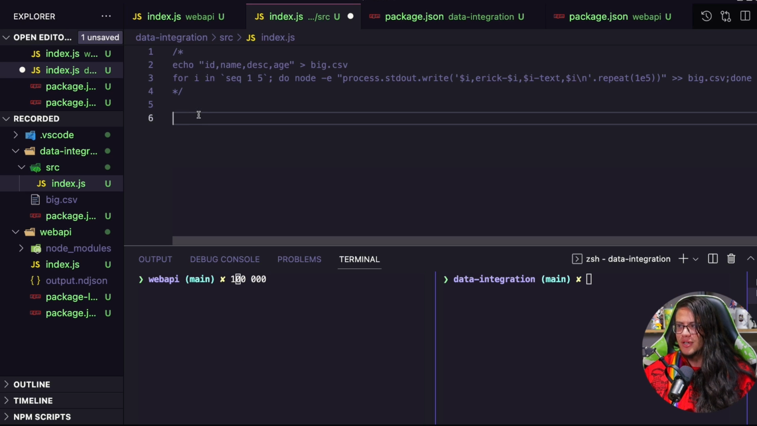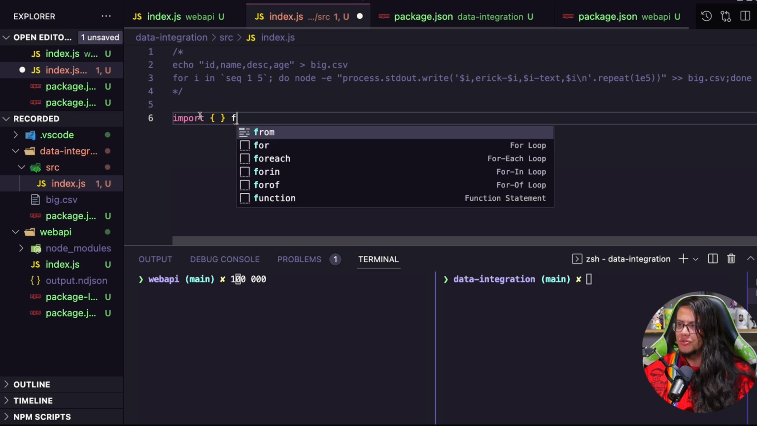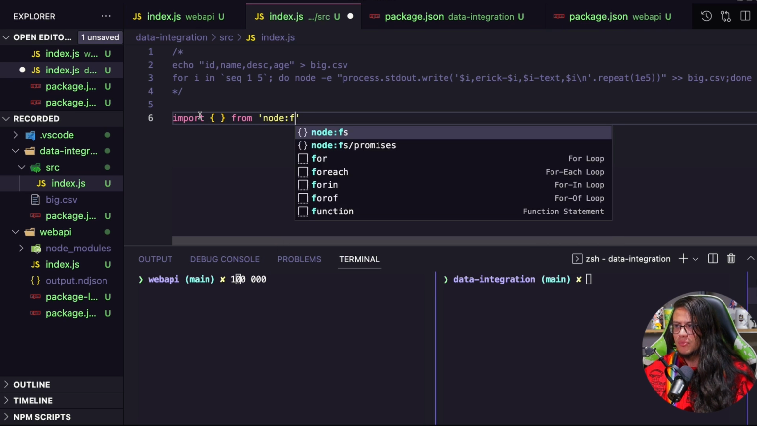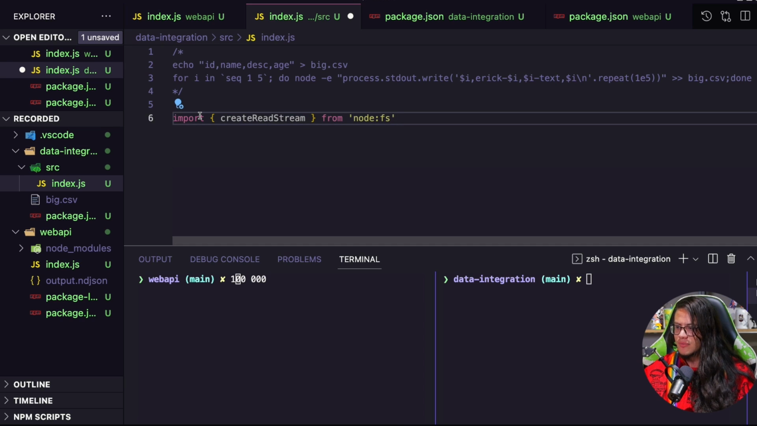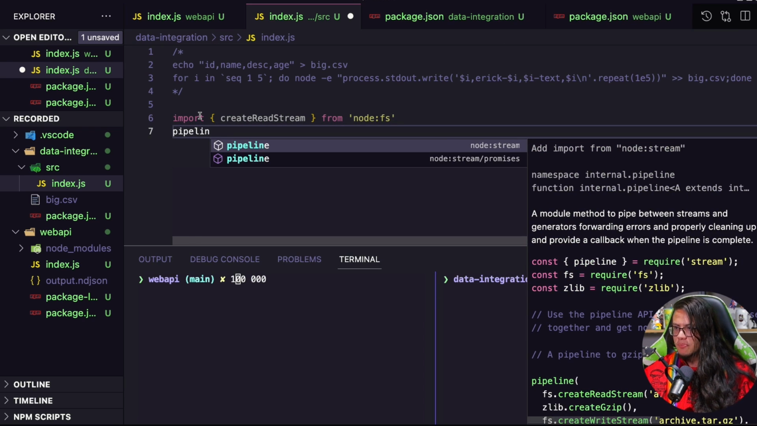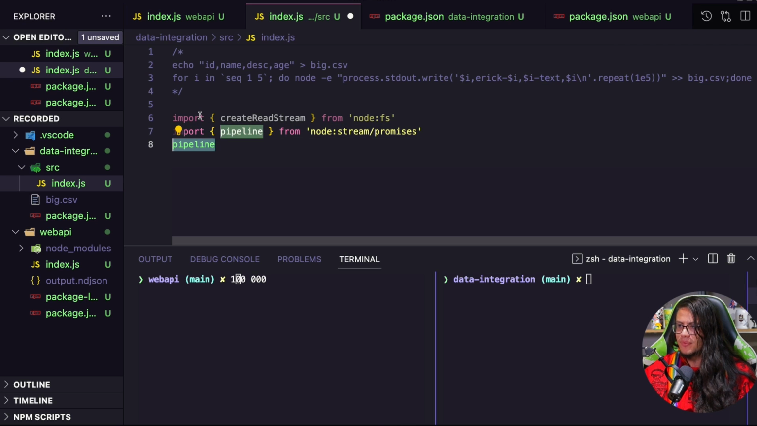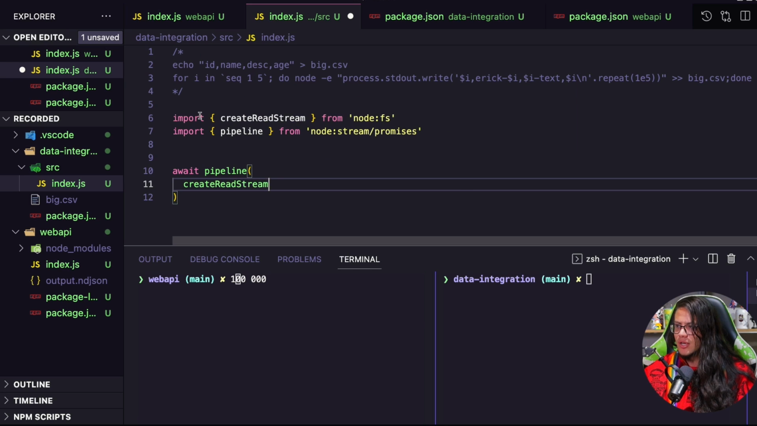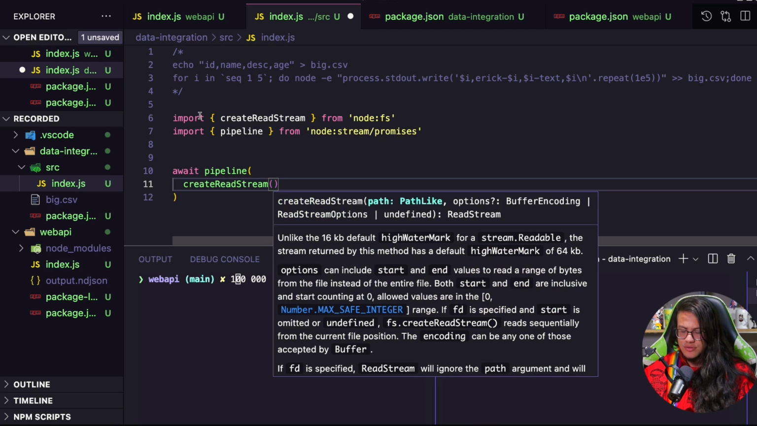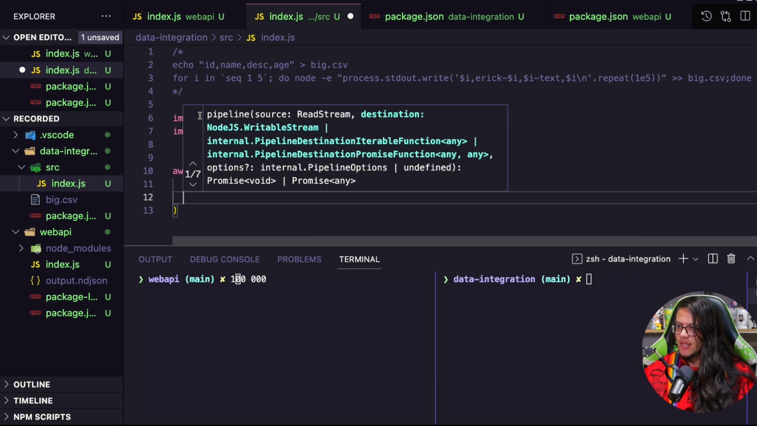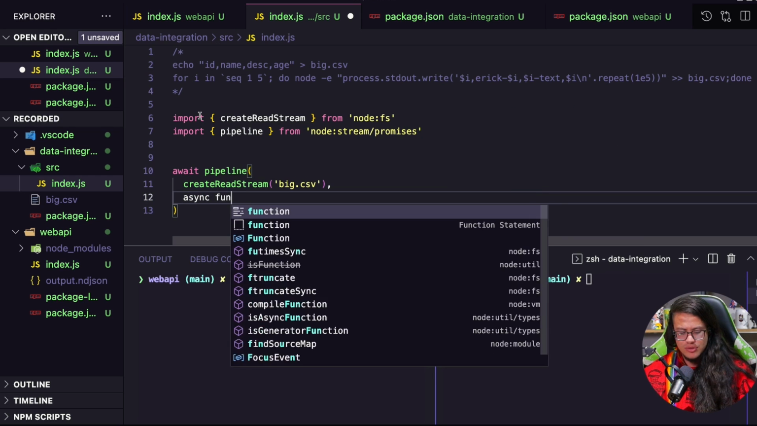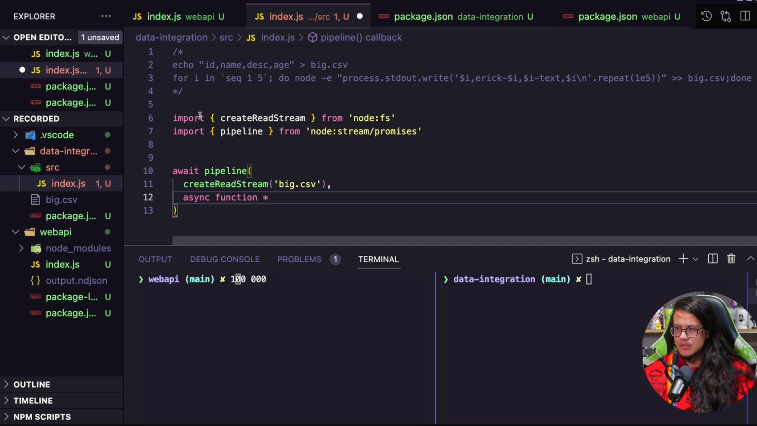Now, let's try reading this file, okay? So to read it as a stream, we're gonna use Node.js createReadStream, okay? And then I'm gonna import pipeline as well from Node.js, okay, to start our pipeline. So it's gonna be the createReadStream. The name of the file is big.csv. Actually, we could just put async function